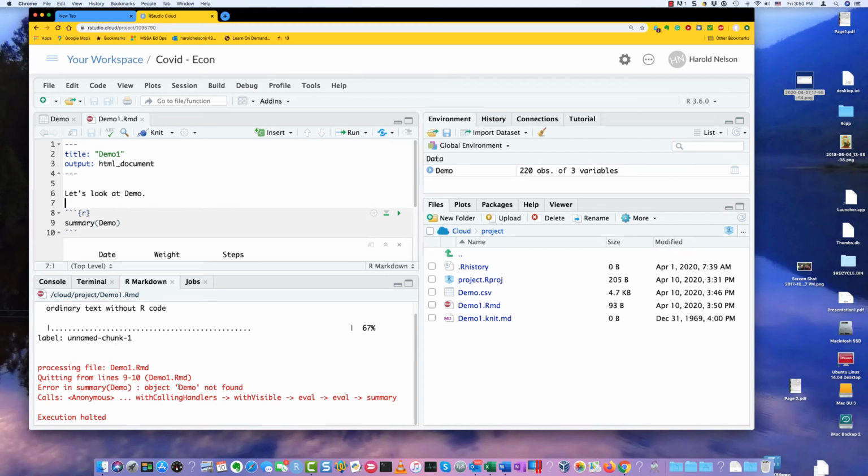And it says, if you look in the error message down here, it says object demo not found. Well, why? Because you see demo here. And the fact is, this is something to understand about knitting. Knitting happens in a separate session. When you knit, you don't have access, or the process which is operating when you knit does not have access to what's in your global environment. Everything that you want to have access to in the R commands in a knitted document have to be explicitly